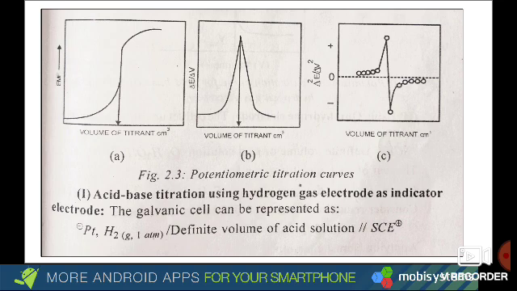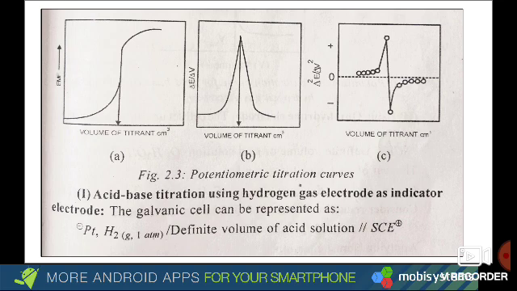Okay. So in case of potentiometry, the very first type of cell which is set up is called a glass electrode. We have seen that hydrogen glass electrode also acts as an indicator electrode. In this case we have seen this setup of galvanic cell in physical chemistry. So how to set up this cell? See the last one, there is the setup of galvanic cell. We all know that whatever electrode you are using, that is written on the extreme left side.